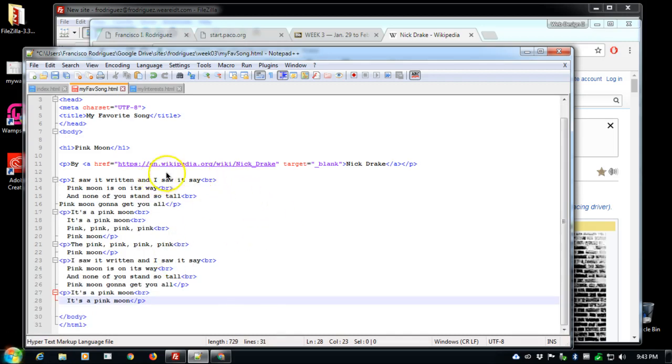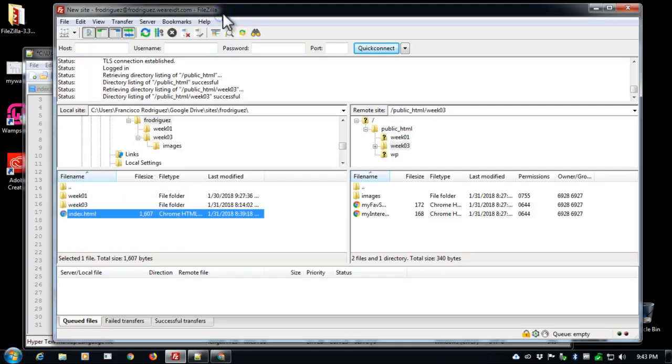Okay, so the rest of the lyrics are in. I went back to just using BR without the space slash, just to be consistent. I added some spacing just to make it look a little bit better and more readable, but those spaces will not appear once this is published. I'm also going to add a link back to my original page. I don't need this open just yet.